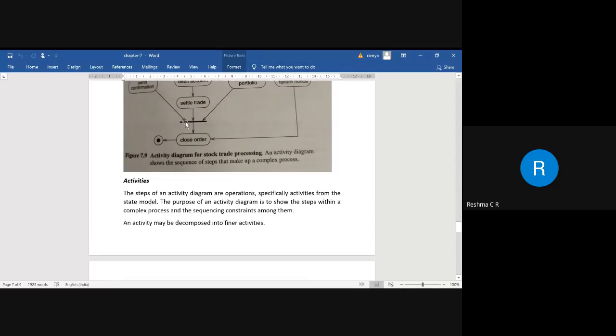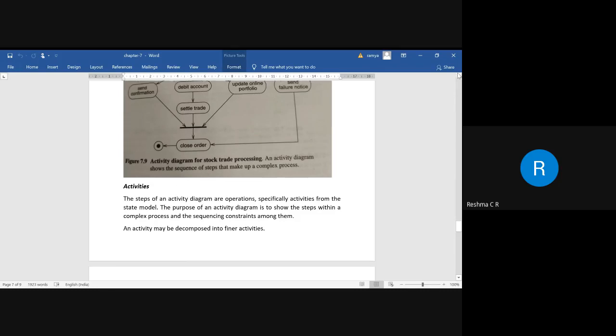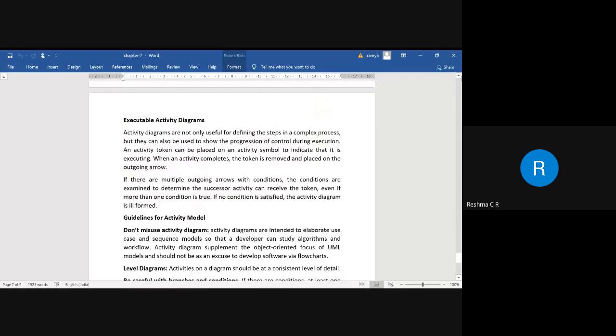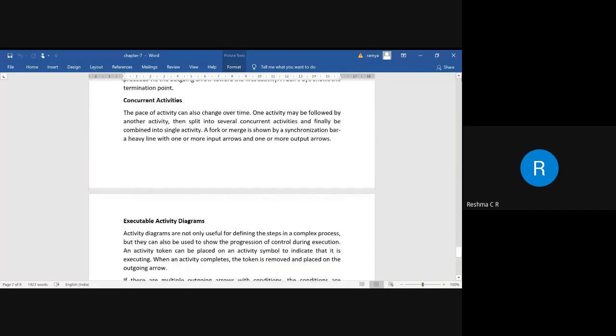So this solid bar represents a synchronization bar. The arrows coming from various actions, we call it a join. Above that, we call it a fork. So that is how we represent a join or a fork for a concurrent execution of the system.